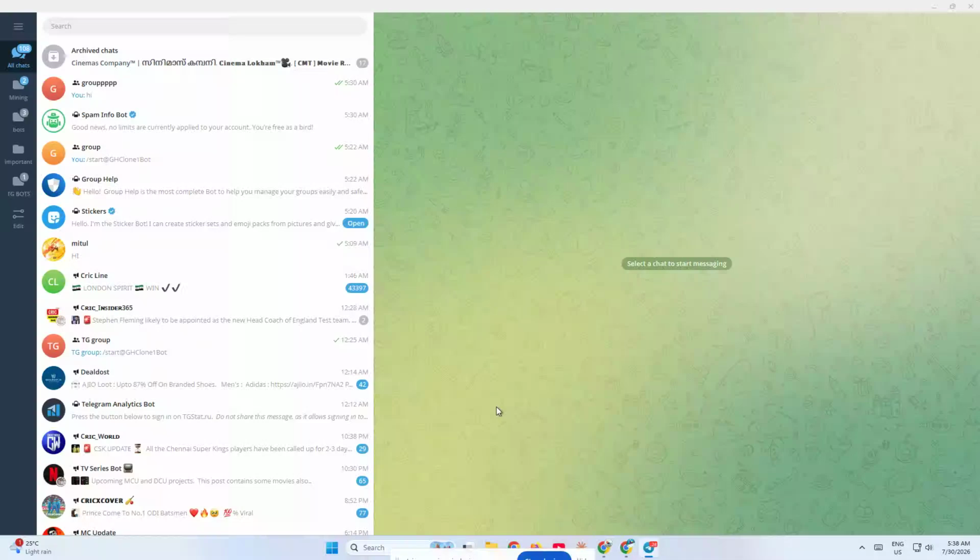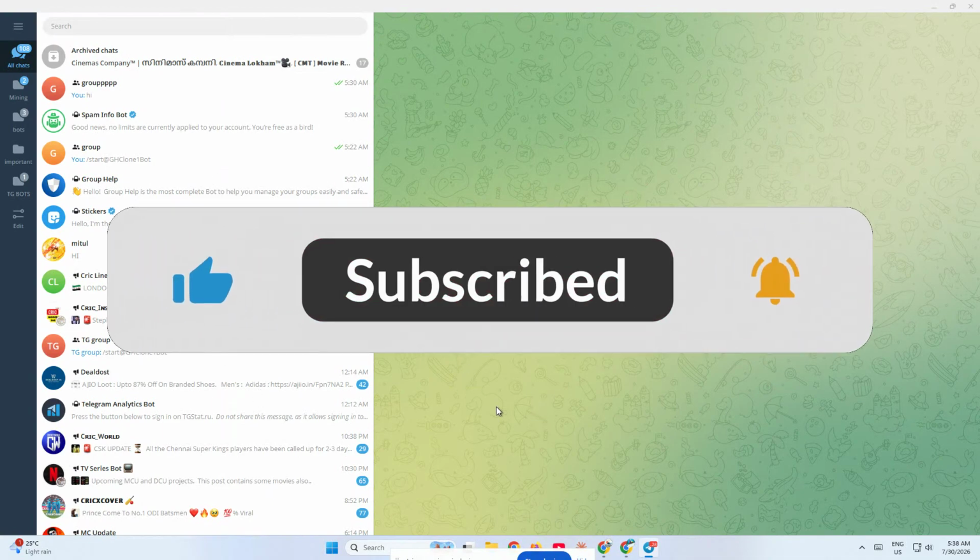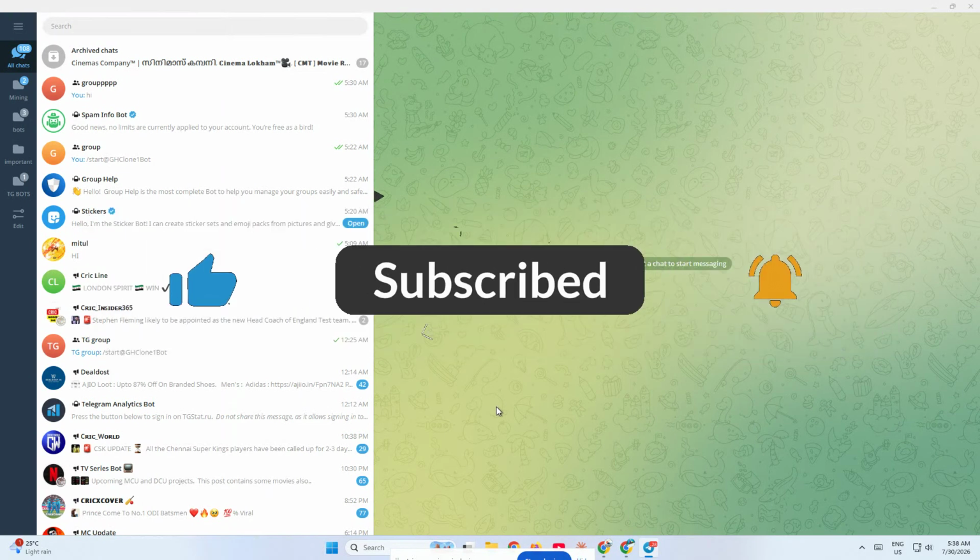If Telegram is giving you trouble when you try to send a video, don't worry. In this tutorial, I'll show you how to fix the Telegram error sending video quickly and safely. This is a common issue, and in many cases it comes down to a few simple problems like the file being too large, the video format being unsupported, or Telegram holding on to old cache data that needs to be cleared. By the end of this video, you'll know exactly what to check and how to get your video uploading